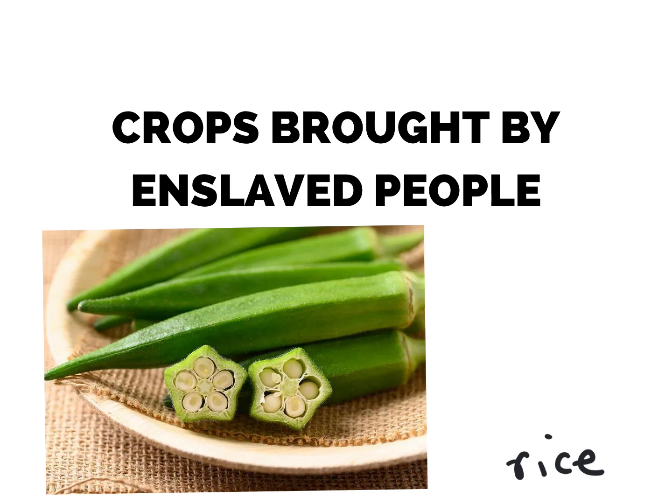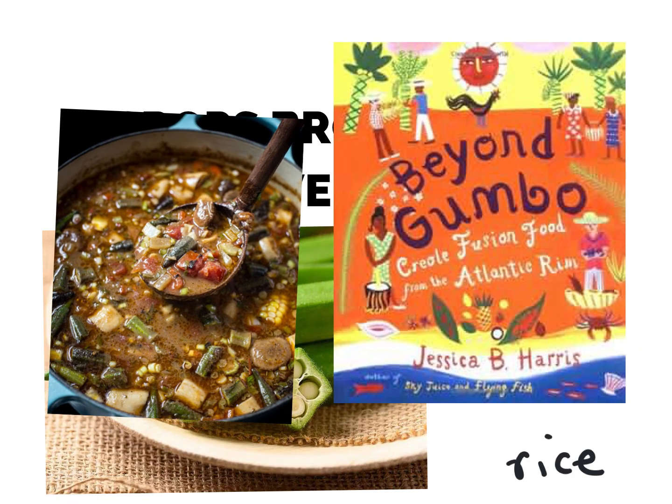And these things come together to create some pretty culturally important food. It's so interesting how food can tell us history, just like art can, just like buildings can. Food can too. And that is gumbo. Gumbo is the big one that we're going to be talking about today. If you've never had gumbo, gumbo is like a stew that you can put over rice. It's really popular in Louisiana and Mississippi and that bayou region because the enslaved Africans there bring rice, they bring okra, and then native foods like corn, and, what else? Tomatoes.